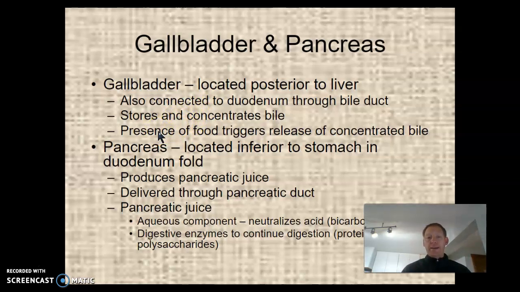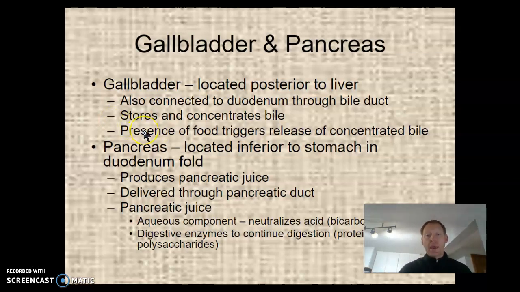If without the gallbladder, your liver would slowly just allow bile to go into the small intestine. But the problem is that's not how we eat. We don't eat a little bit at a time all day long. We eat usually in bigger meals. So what the gallbladder does is it stores the bile up. It actually concentrates it. And then when you eat a meal, the gallbladder releases that bile and allows it to